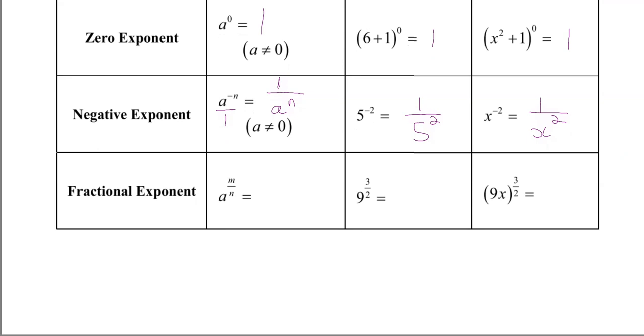Fractional exponent, a to the m over n. The bottom number tells us what root. Okay? It's the index, goes in the index. The top number tells us